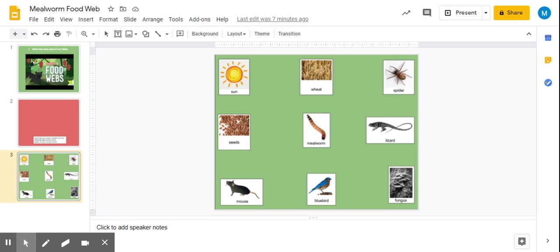Hello, today we are going to be making a mealworm food web. We're going to use the information that we got from our research about what mealworms eat and about what eats mealworms. So for this food web, one of the main things we want to remember is that the arrows show